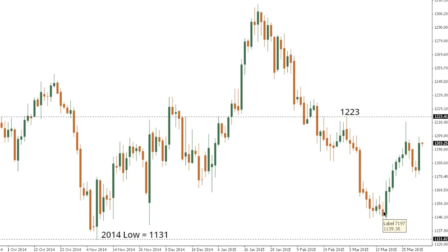Gold. So gold is showing promise also with the formation of a major base after the market had stalled out back on the 17th of March ahead of that critical 2014 base at 1131. At this point, the market could be putting in a higher low this week after trading down to 1178 and then bouncing back above 1200, but we need to see a break back above 1223, the high that we had